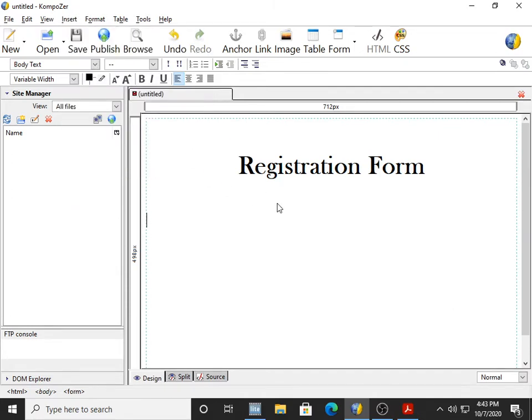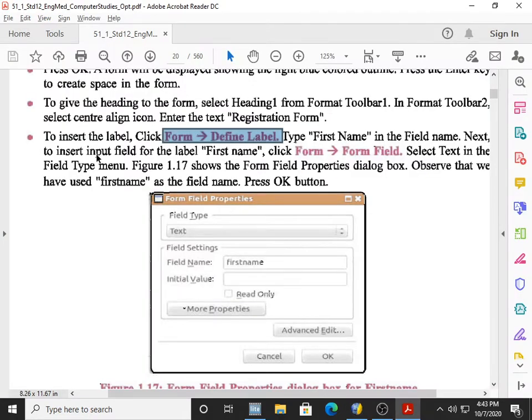And then I will write First Name. Now the most important point in the practical exam where students make mistakes: click outside and go for space.